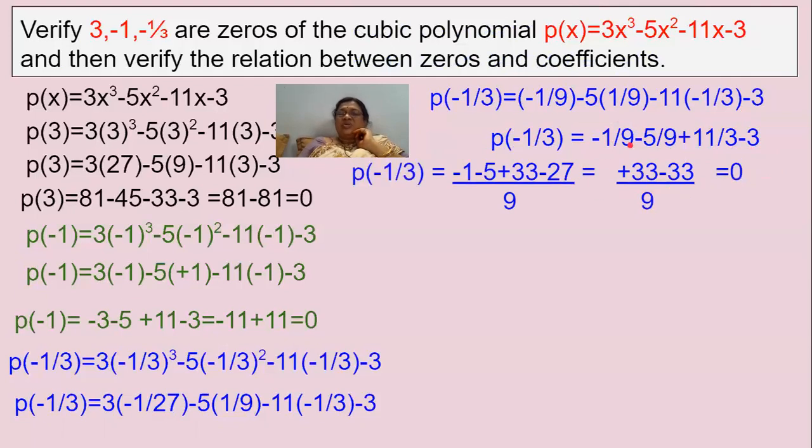Next, here 9 is there in the denominator, 9 is there in the denominator, 3 is there in the denominator, nothing is there in the denominator for 3. So what we have to do, we have to find out the LCM. LCM for 9, 9, 3 and 1. You'll get LCM as 9. So 9 is there for the first term, second term 9 is there. For both these terms you are having 9 as a denominator, no need to multiply the numerator with 9. Simply you can write the numerators, that is minus 1, minus 5.